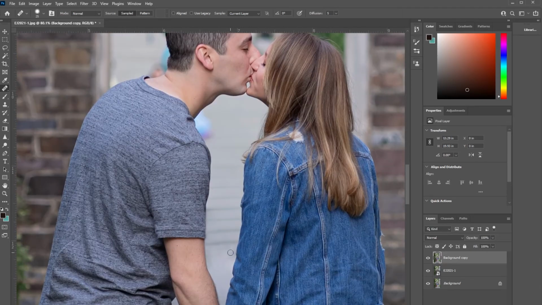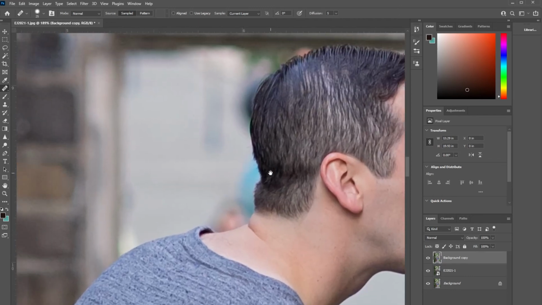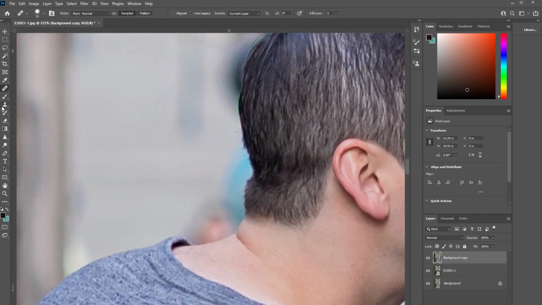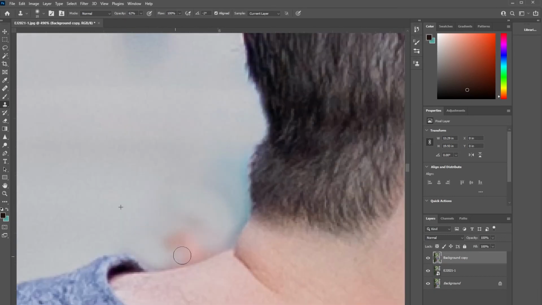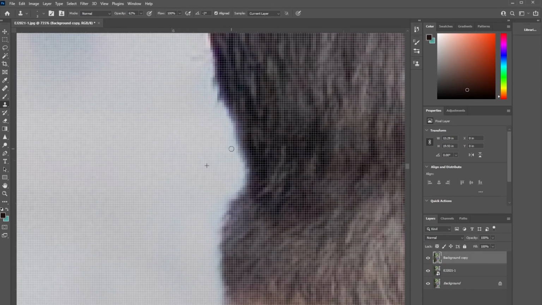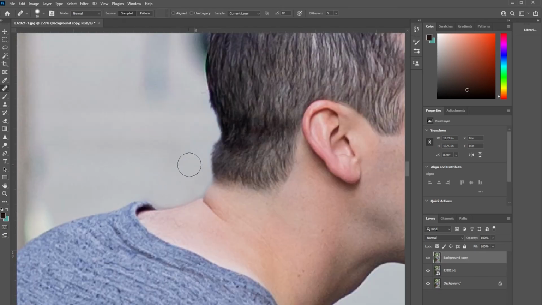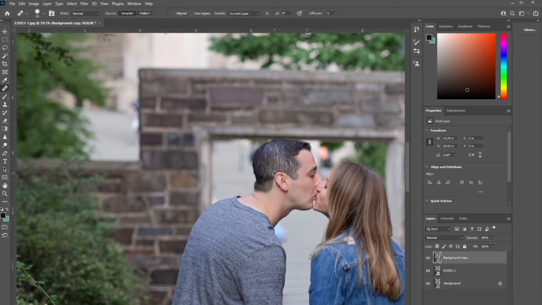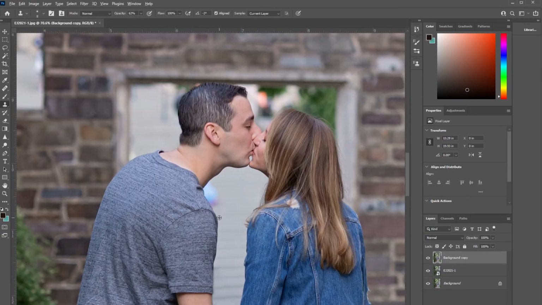I'll need to clean up this little section here next to her sleeve and then this darker part here. But this part looks pretty good, where the stairs actually are. So let's do this little section by his neck, which should be pretty easy. That's pretty good. Love when areas like that are easy. So now this part,